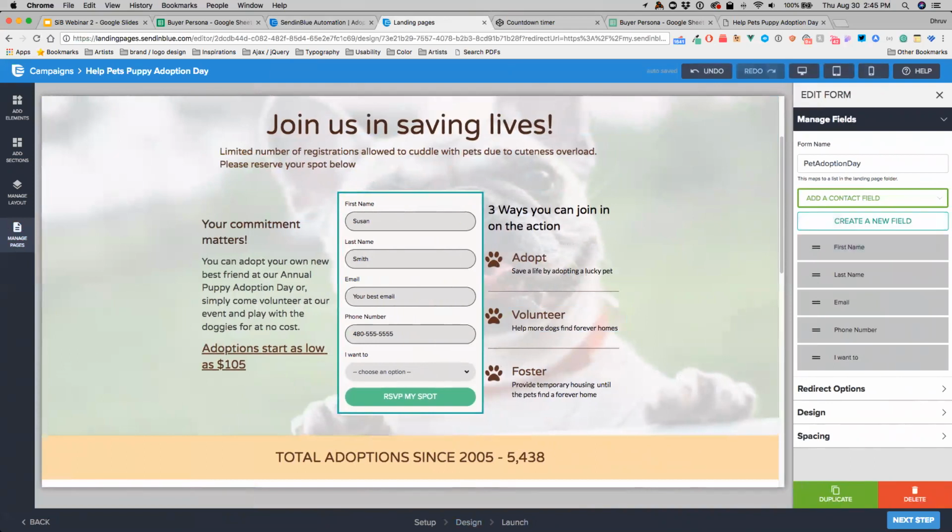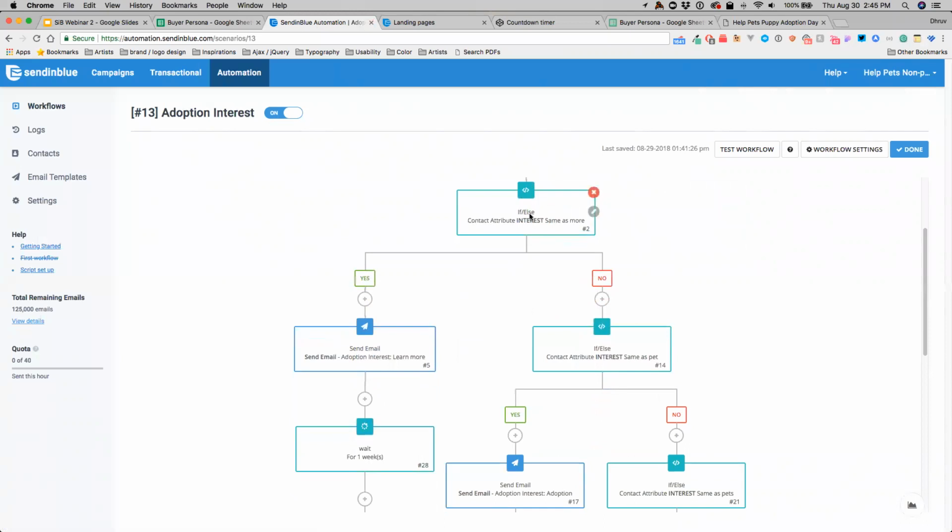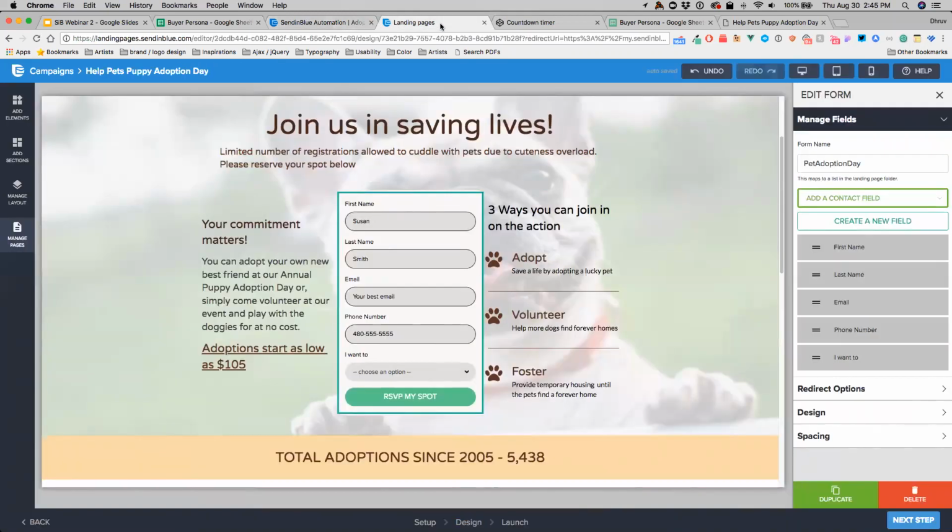And so we have our form name, Pet Adoption Day, and then while we're building, and this is a little bit different from my example, we would look for the same list name and we would build off of that. And so we'd say, okay, once someone gets added into that list from my landing page, I want to make a decision. I want to decide, are they somebody who has decided that they want to learn more? And so in that form, if they chose the drop down for learn more, then I want to take the action